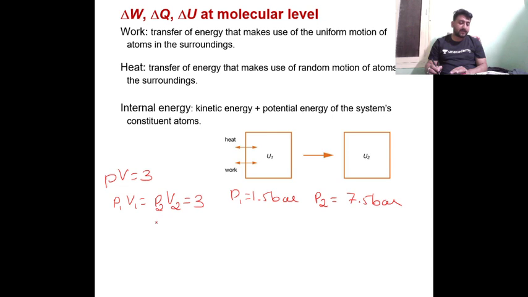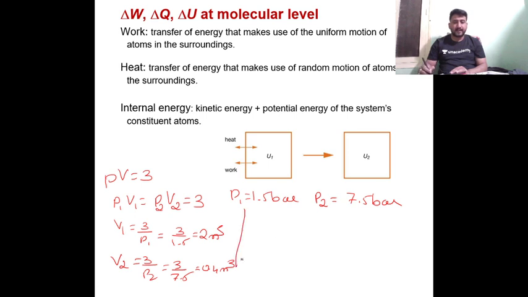Yes, so P1 V1 equal to P2 V2. So V1 will be equal to 3 by P1, that is 3 by 1.5, that is equal to 2 meter cube, and V2 is equal to 3 by P2, that is 3 by 7.5, that is equal to 0.4 meter cube. So now work done, W, is given by